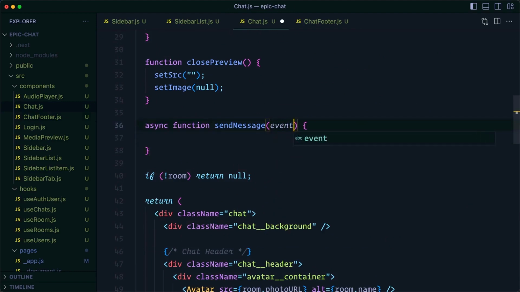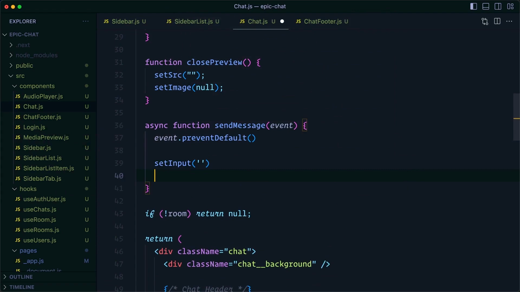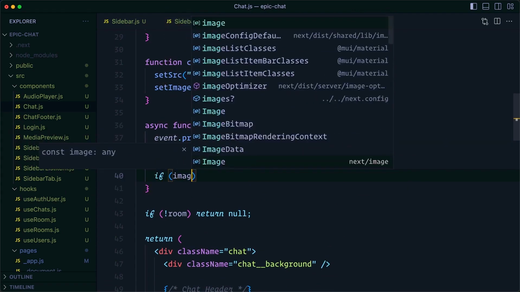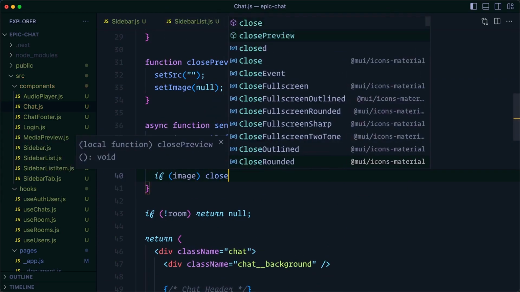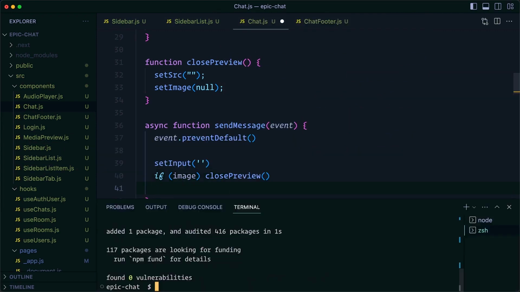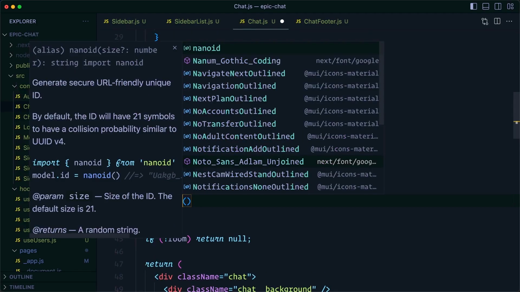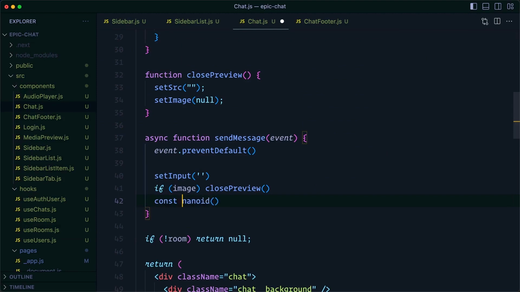We want to take the event and call event.preventDefault once again. When we send a message, we want to clear the input, so we'll set input to an empty string. If we have an image, we want to close the preview, and to generate a unique image name, we're going to use a package which we'll install called nanoid. So in our terminal, we'll install with npm i nanoid. We can import it from the nanoid package